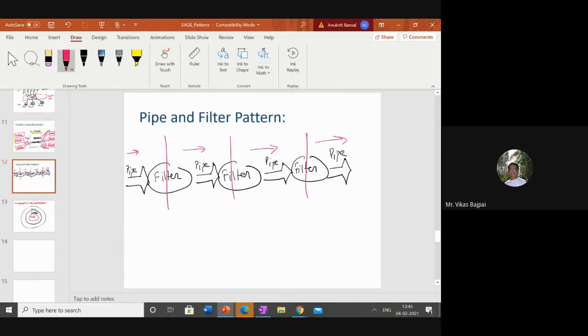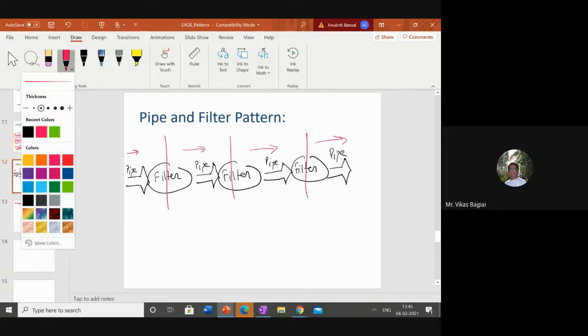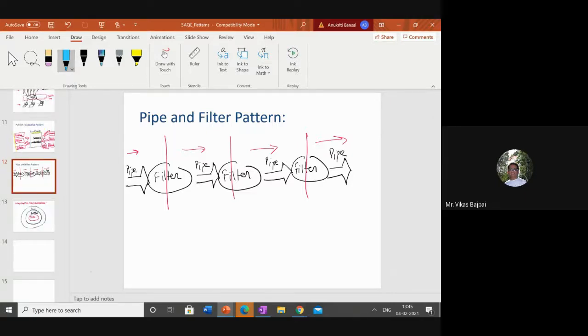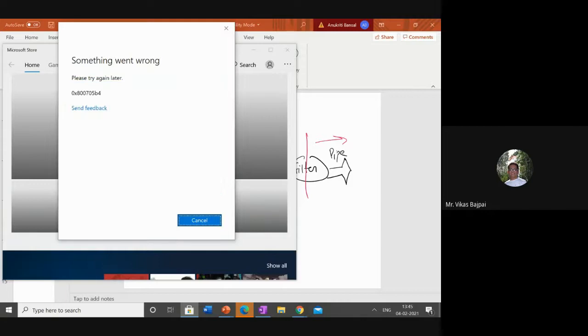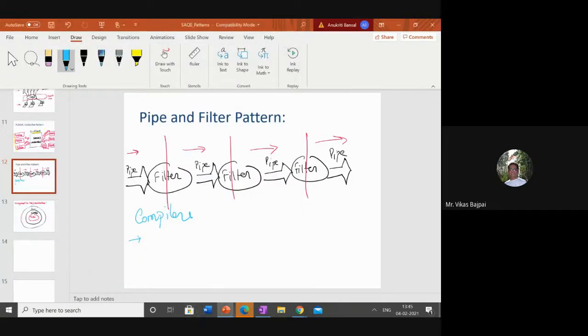Okay, let's take one example. I guess everyone is familiar with compilers. Web servers, yes, okay, someone has already given this example. So in a compiler, you get some input in the form of a program, and then parsing takes place, which means filtering takes place.